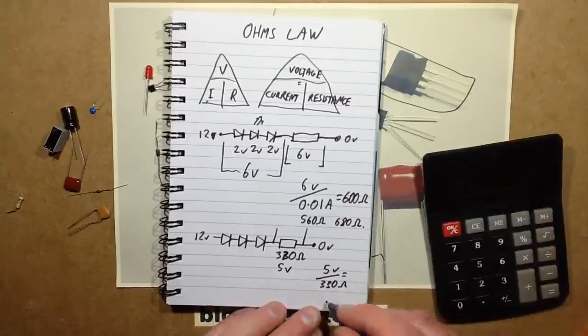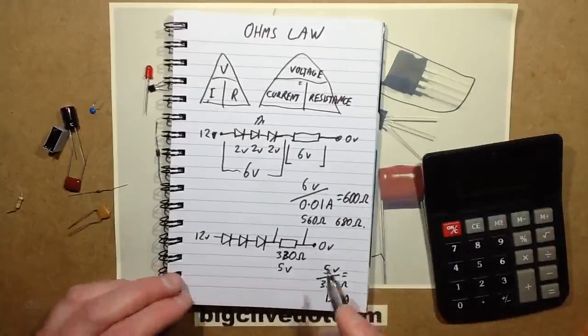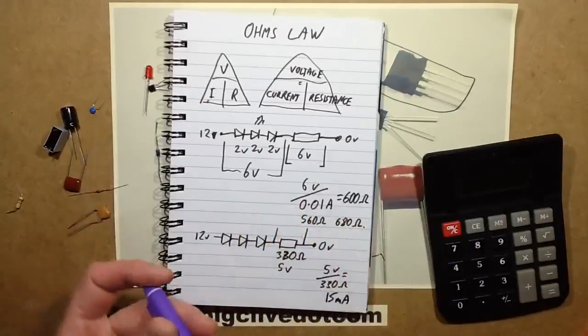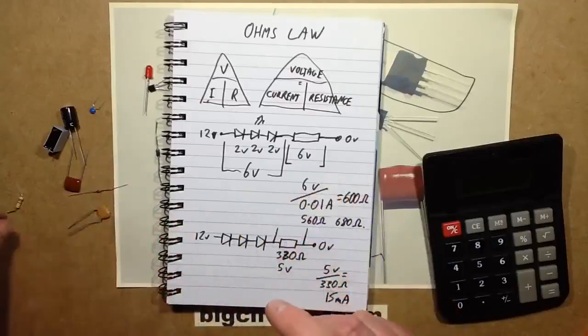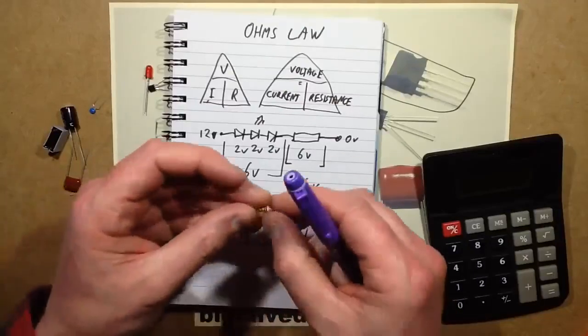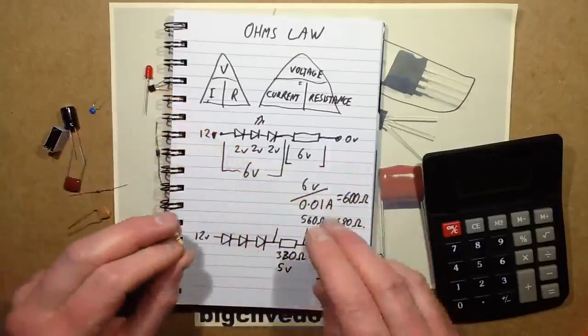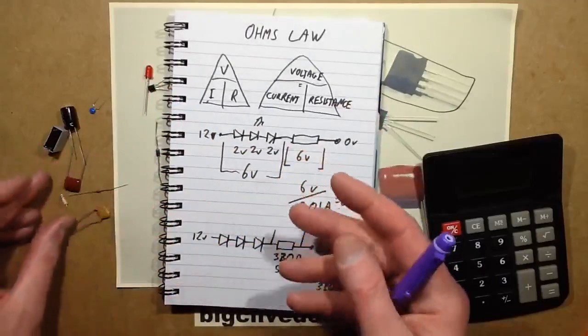So the answer is, it's drawing about 15 milliamps. The 15 milliamps is passing through that circuit. So it's useful to be able to do it that way. Now, resistors, there are a couple of variables with them. You can choose the resistance value, say for instance this is a 1 kilo ohm, and you can also choose the power rating, because if you use too small a resistor, it can actually go